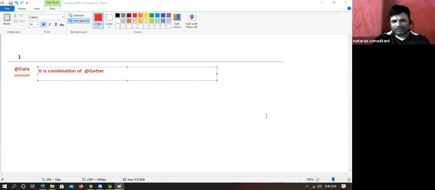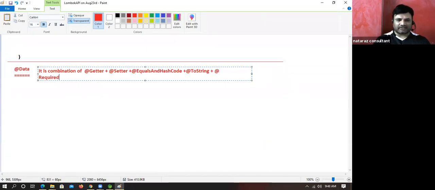Sir, just now I have shown: @RequiredArgsConstructor with access level public. Just now I have shown. @Data is a combination of @Getter, @Setter, @EqualsAndHashCode, @ToString, and @RequiredArgsConstructor.